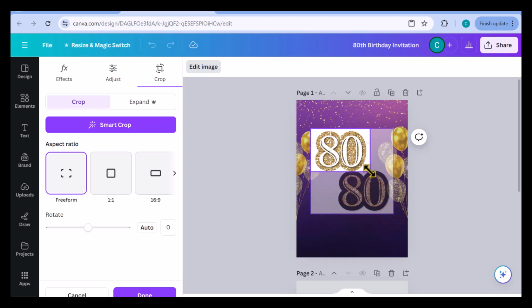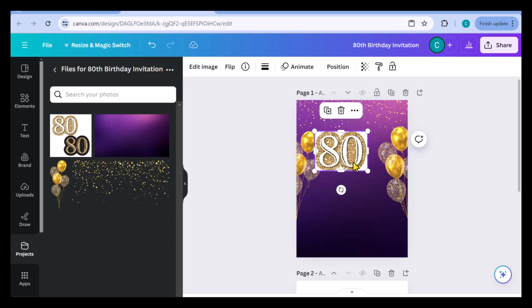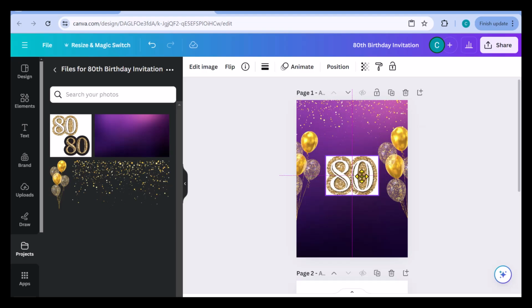Once we select the crop option, then I am able to select the area on the image that I wish to be displayed. Once I'm satisfied, as you can see here, I can go ahead and select done. Once I've selected done, you will notice that the other part of the image that was not selected is not displayed. Once I've cropped this successfully, I can now click and move it to the preferred or desired location.